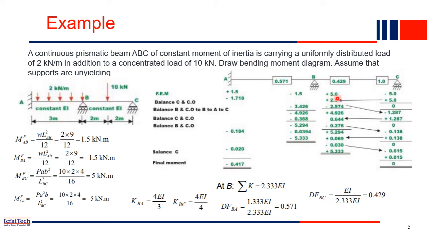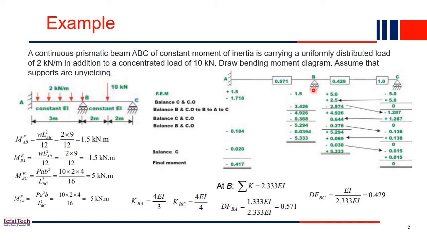Automatically it will add here. So this support now we balanced it, it is 0 now, 0 moment here. But here we added now additional 2.5. Now in this support B, what is the total net unbalanced moment? So net unbalanced moment will be -1.5 is already there, plus 0.5 plus 2.5. So if you add all these three, how much you will get? 5 plus 2.5, 7.5 minus 1.5, 6. So total we have +6 unbalanced moment at support B.